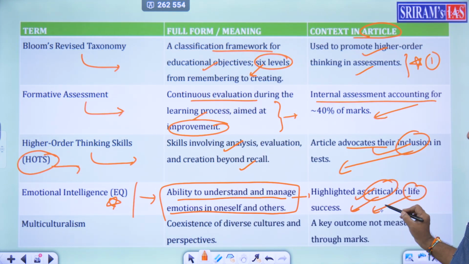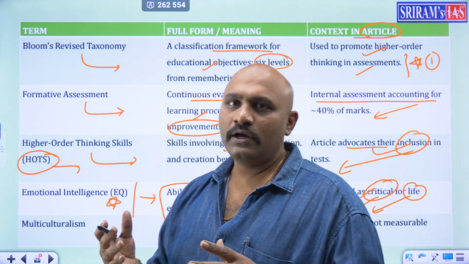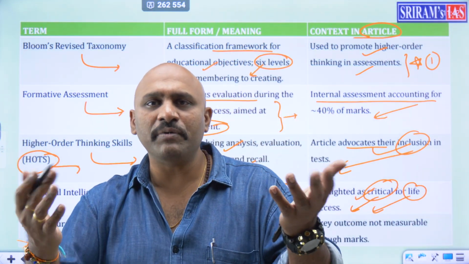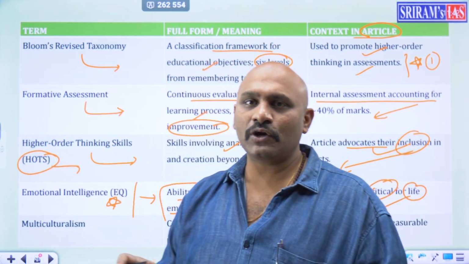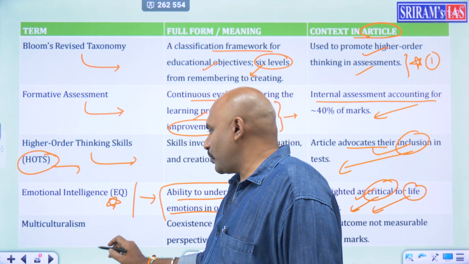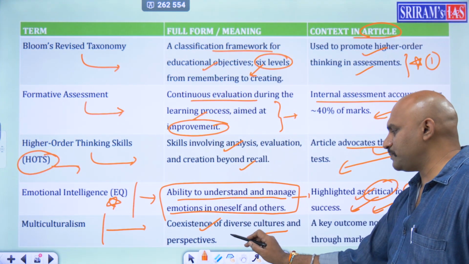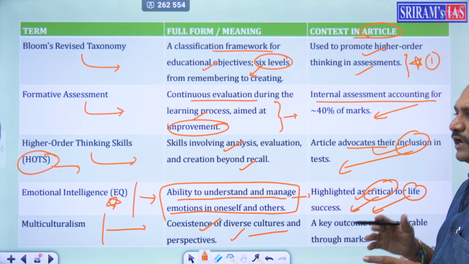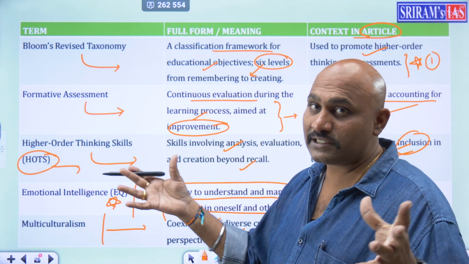Life lo success kavalante first emotional stability, not getting too emotional, like becoming very happy when you have success and becoming very low or depressed when you have a loss. Itlanti jarakunda, that emotional intelligence is very important. Next, multiculturalism, coexistence of diverse cultures and perspectives undadam ane chala important. Dani valla you will get habituated to multiple things and your understanding scope will also increase like crazy.